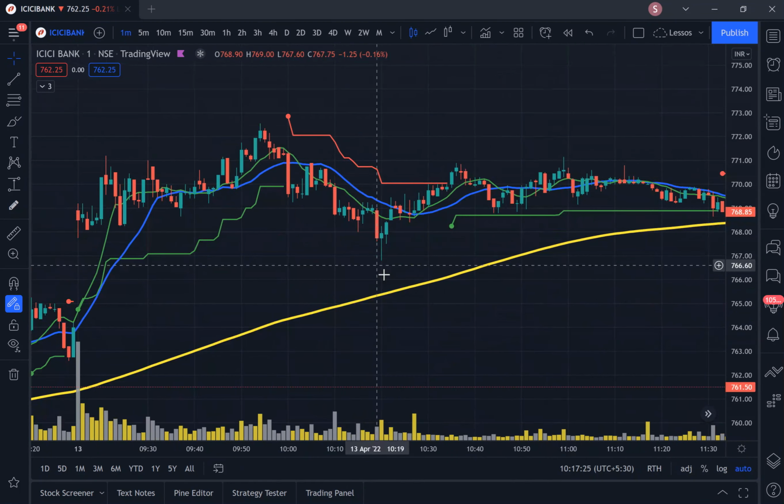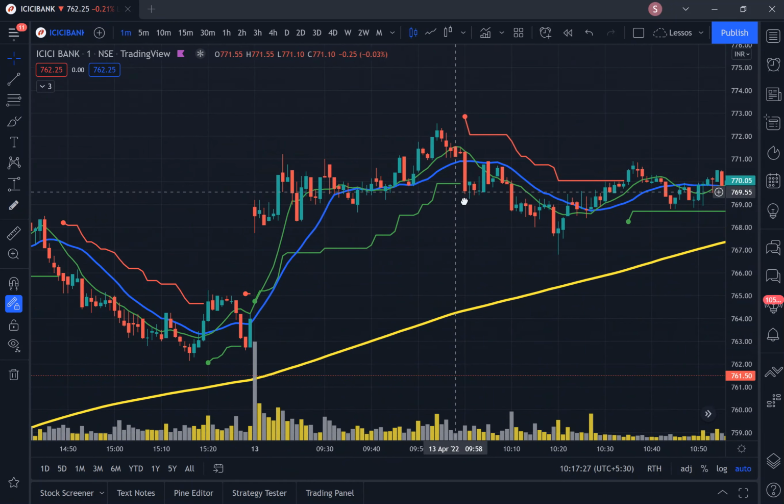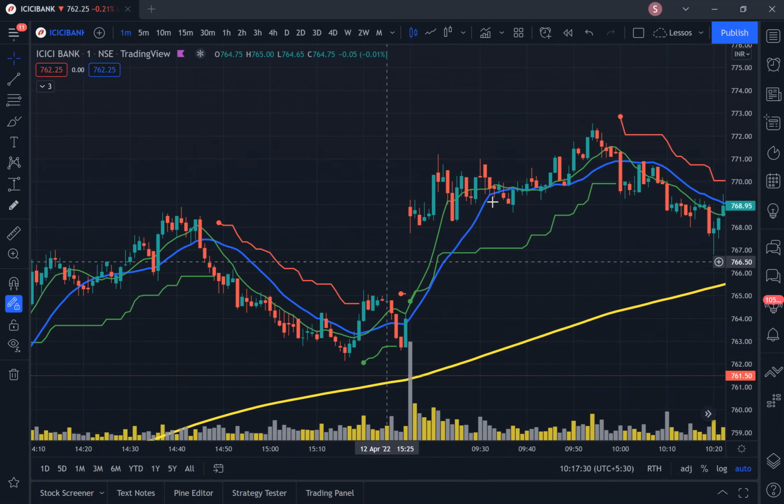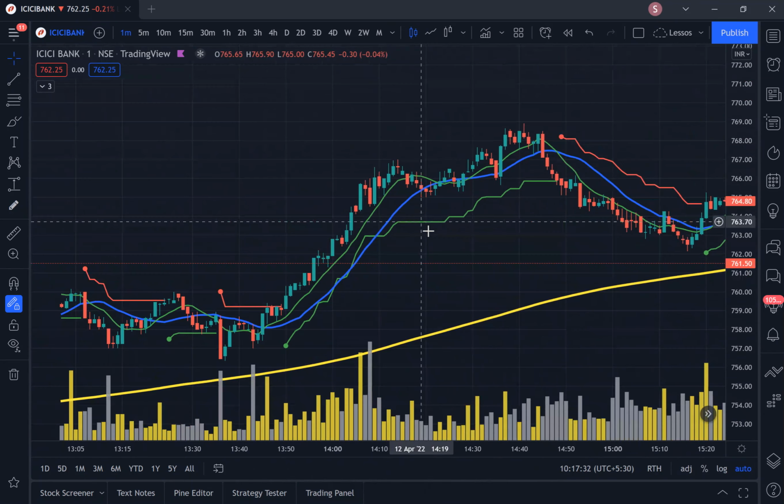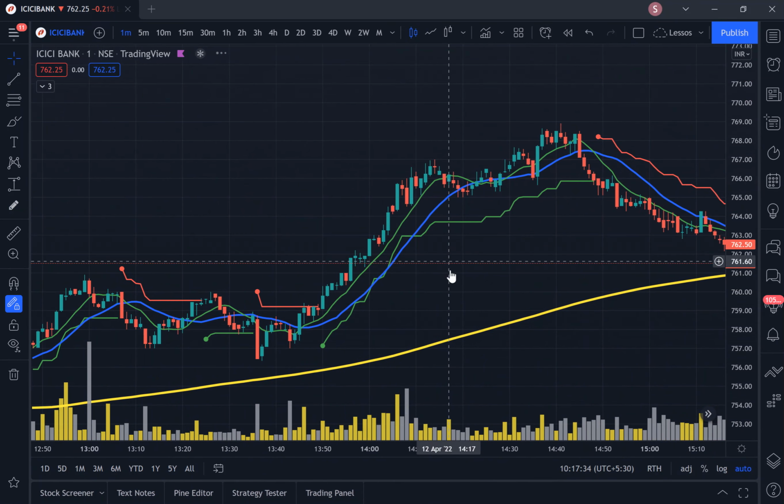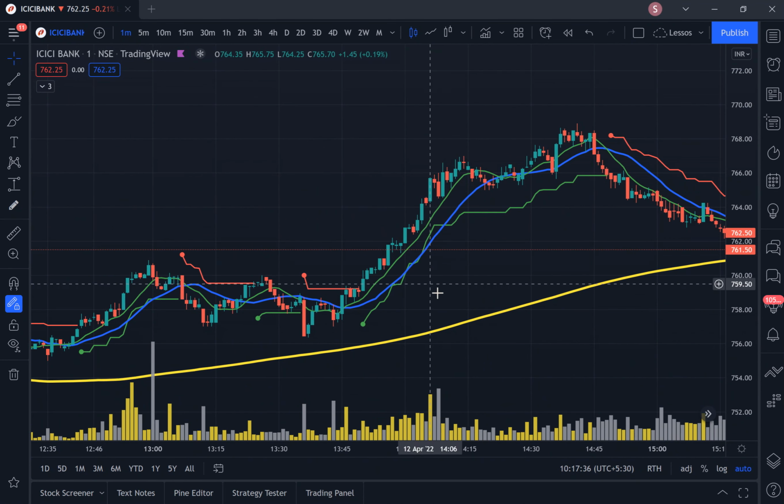So what you can do, to avoid it, before it hits your stop loss, you can also exit the trade. Let's say here. So that's why I told you that sometimes you will incur losses, but you can minimize your losses. So in case of intraday trade, you have to sit before the screen. So again, you see, you take a trade here, that is